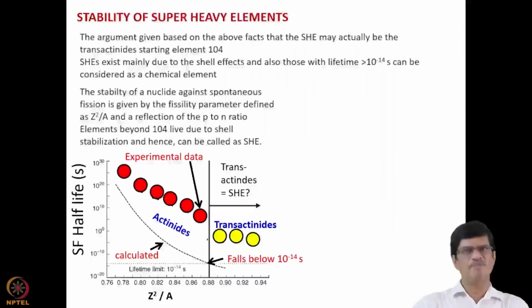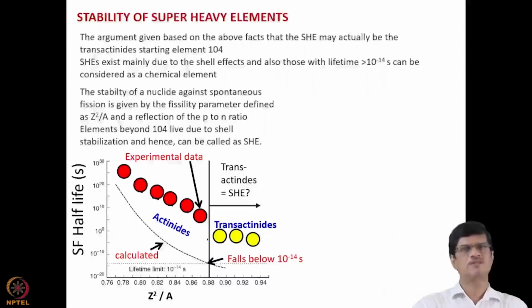That is because of the magic numbers, you get the extra stability, and those with a lifetime of greater than 10 to the power minus 14 second can be considered as a chemical element. That means if some radionuclides are having a lifetime lower than this, we need not consider them as elements. So the stability of a nuclide is mainly based on the spontaneous fission which is taking place with the